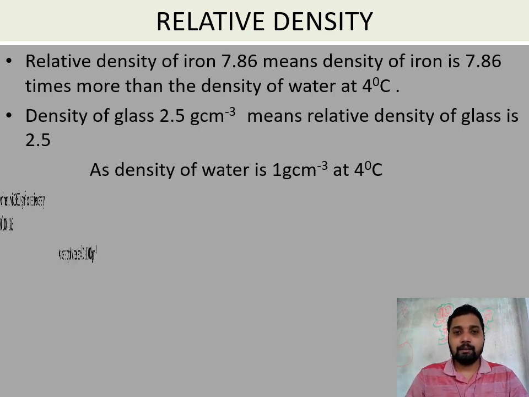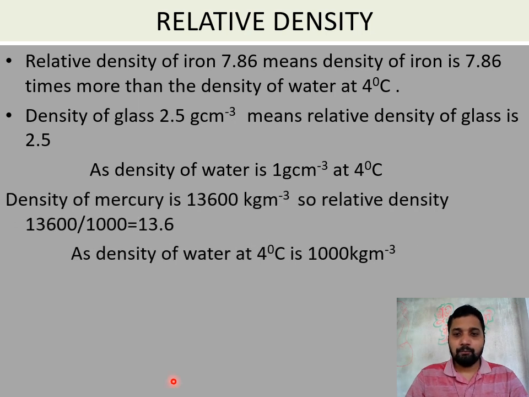If we take another example, here you can see one more example. Density of mercury is 13,600 kg per meter cube. But density of water at 4 degrees Celsius is how much? 1000 kg per meter cube. So 13,600 kg per meter cube by 1000 kg per meter cube. And in a numerical problem, at calculation time, there is no need of any unit. So for that reason, we will write only the numbers: 13,600 divided by 1000 is equal to 13.6, means mercury is 13.6 times heavier than water. So this is all about relative density,